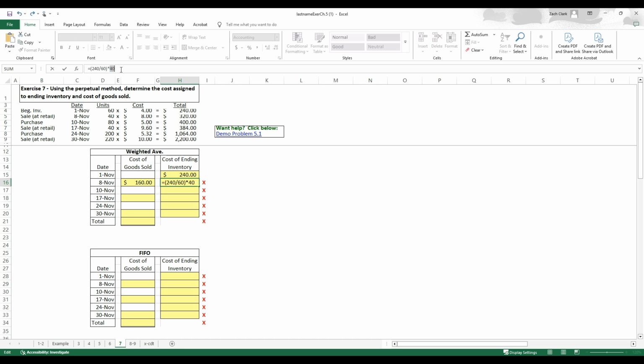But instead of times 40, we have 20 units left over. So we had 60 total. The cost out using weighted average was 240 divided by the 60. And then 40 of those units were sold and 24. So you can see the 180 and the 60 add together to what was in inventory before we had the sale there. So that's a check figure for us. Okay, so then